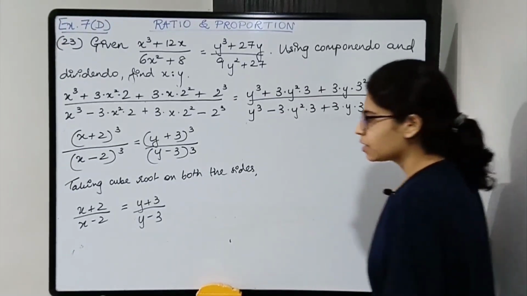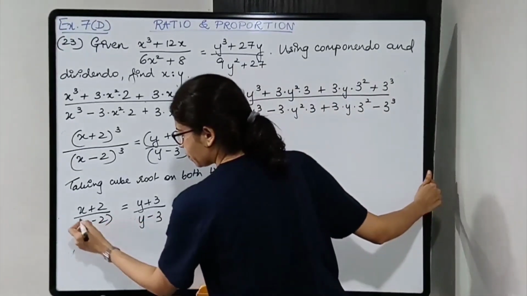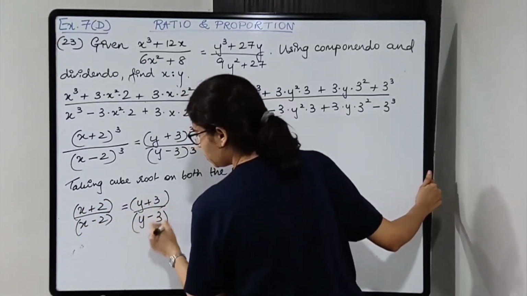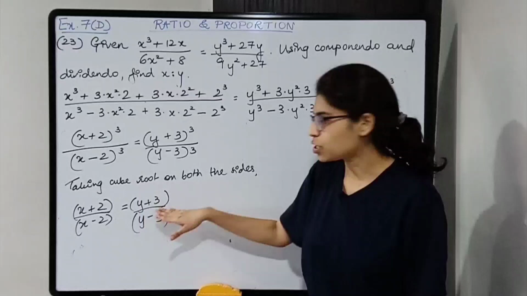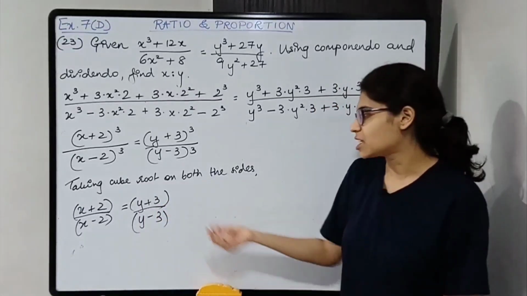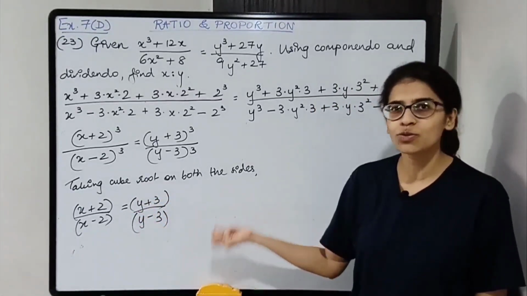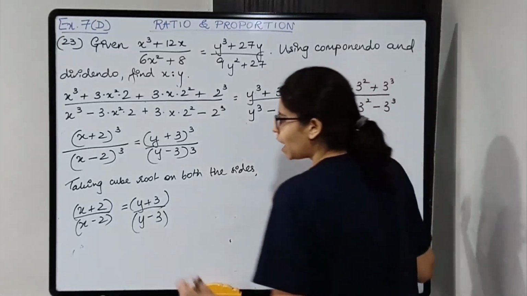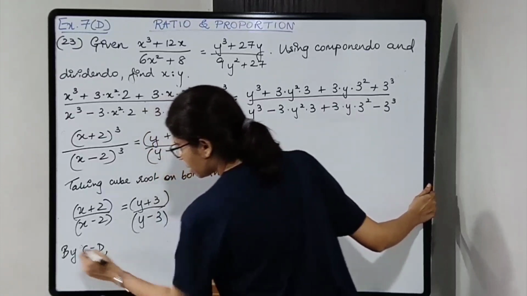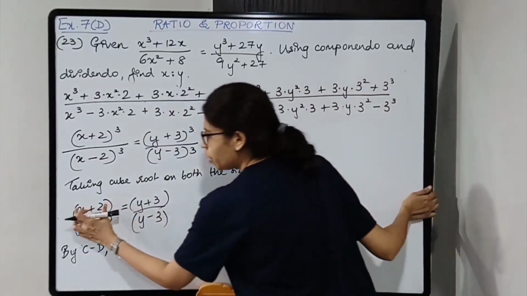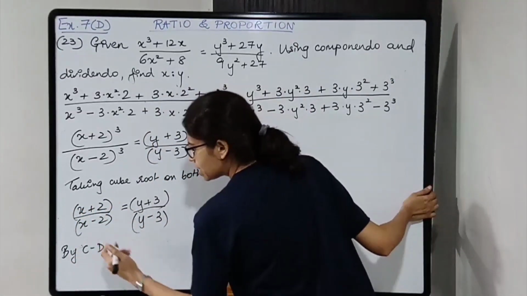Okay, so now again I can apply componendo dividendo. Okay, you can cross multiply, but instead of that I'll suggest componendo dividendo use कर लो, use property. Okay, so by componendo dividendo, again you will write down the full thing, numerator plus denominator upon numerator minus denominator.